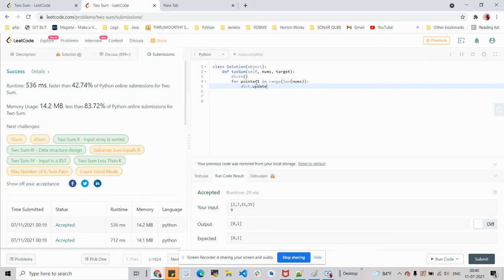I'm going to insert the elements of the list inside the dictionary, and the method used to update the dictionary with these list elements is the update method.